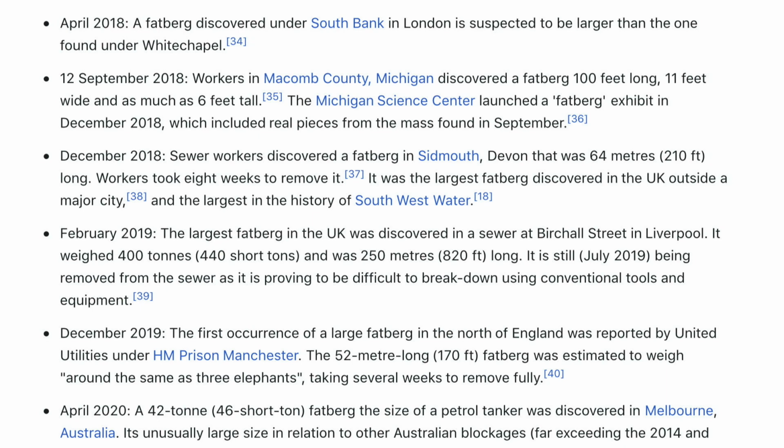September. December 2018. Sewer workers discovered a Fatberg in Sidmouth, Devon, that was 64 meters, 210 feet long. Workers took 8 weeks to remove it. It was the largest Fatberg discovered in the UK outside a major city, and the largest in the history of